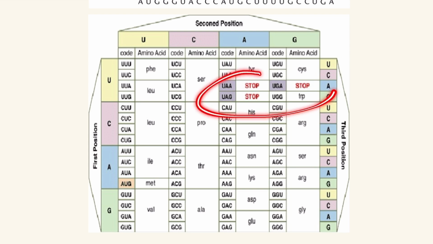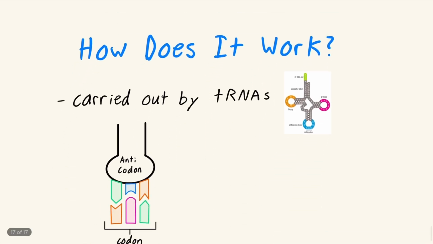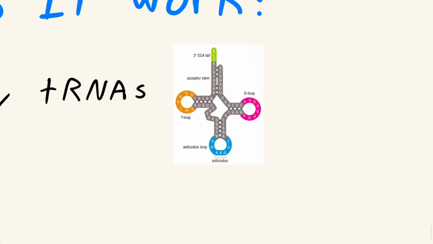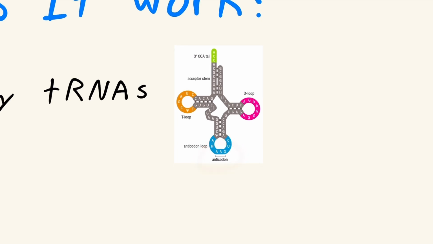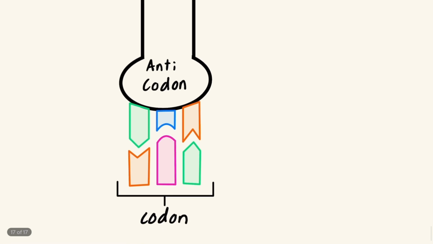These three here code for a stop codon, which ends translation, and this one right here codes for the start codon, which starts translation. So how does it work? It's carried out by tRNAs, which is transfer RNAs. Transfer RNAs are what actually add in the amino acid when it gets to the ribosome, but they also have something called an anticodon. This anticodon actually relates to the codon by having the opposite sequence, and so it can